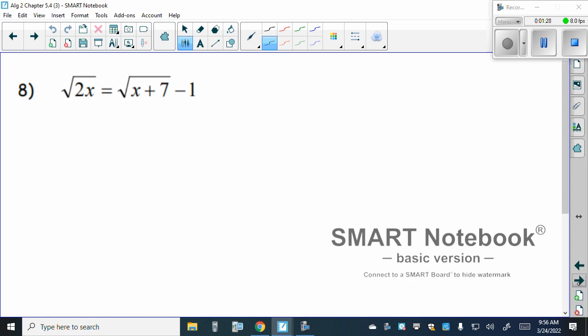Now, when we look at this problem here, we've got the square root of 2x is equal to the square root of x plus 7 minus 1. So we have more than one radical, and we do have them at least evenly spaced out. We've only got one on either side. So what we're going to need to do is take both sides to the second power, which for us here is nice on the left-hand side, because the square root of 2x squared, well, the square root and square will cancel out, leaving us with 2x is equal to